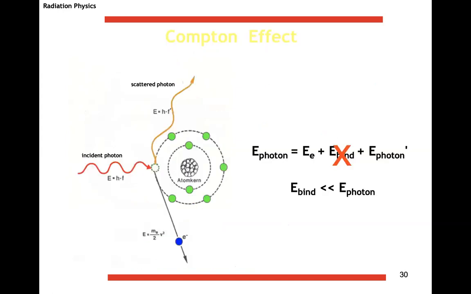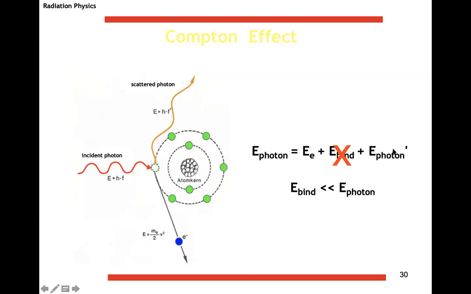Compton effect. Compton effect is by far the most important in radiation protection and in radiation therapy because, as we will see, the cross-section is in the right range for the energies that we use. It is a quantum mechanical effect, of course, because you have here the demonstration that photons behave like particles. It's an inelastic scattering of a ball over a ball, but now the first ball is a photon and the second one is an almost free electron.